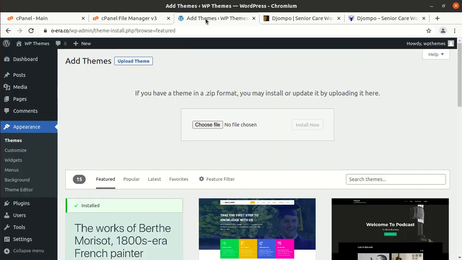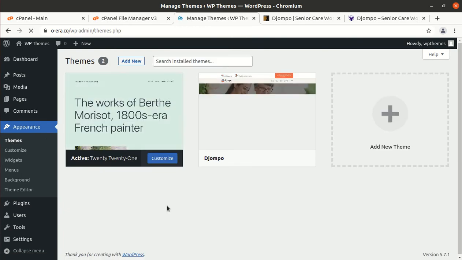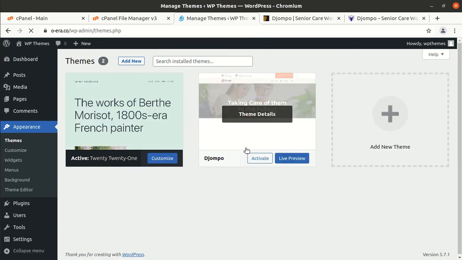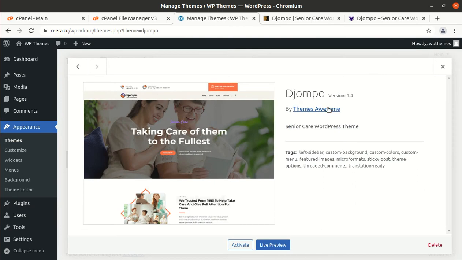And now we can go back to the theme section of WordPress, and now we have Zompo as another theme option. This is Zompo version 1.4, Senior Care WordPress theme, and we can activate it now.